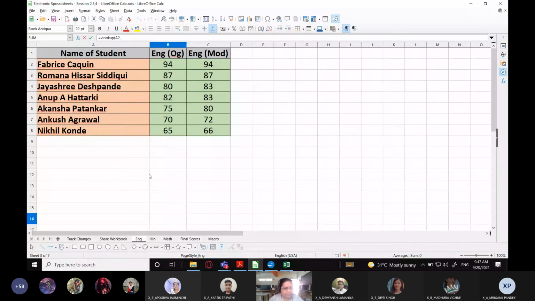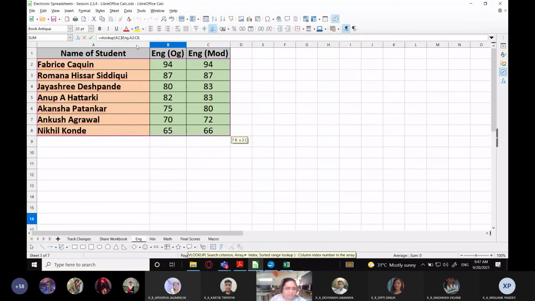So go to English sheet, and here select all of these. And you have to remember that the search value which you are looking for, that search value should be in the first column over here. It should be in your first column. So that value I am looking for, Akansha Patankar, she is in this first column. So I have selected, except the header row, I have excluded the header row. I have selected these 3 columns. So this is my first column, this is my second column, this is my third column. And where I'm going to look for, I'm going to look for it in the first column.